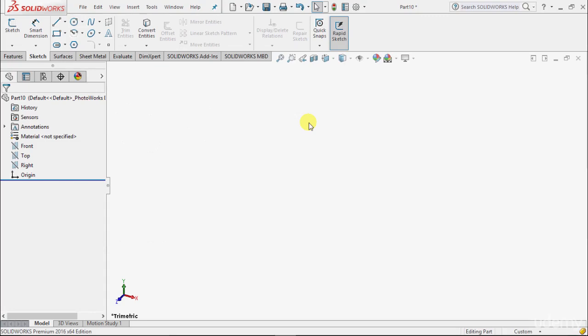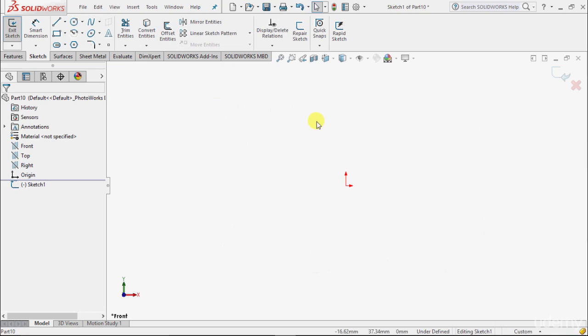In this tutorial we will continue the modify section in SolidWorks sketch modeling, and we have commands such as offset and mirror. In the offset we usually make parallel lines or concentric circles, or we can offset any sketch or geometry with a reference. To use this offset command, let us go to sketch